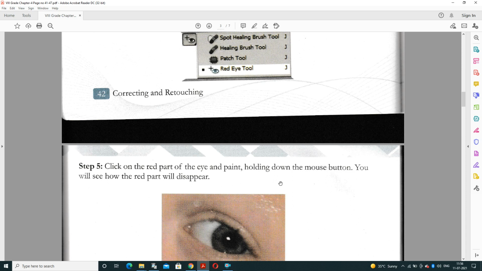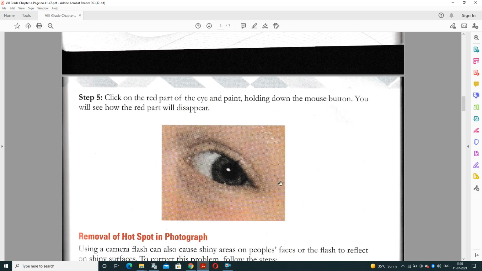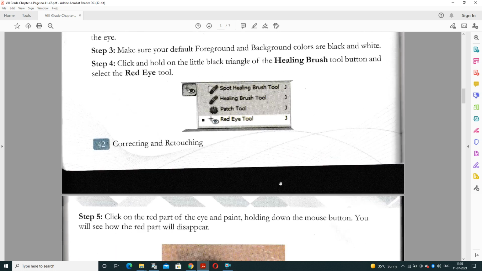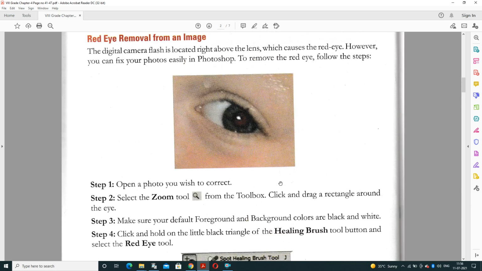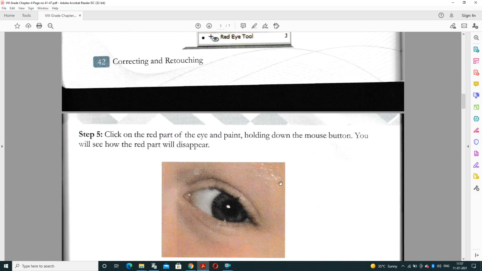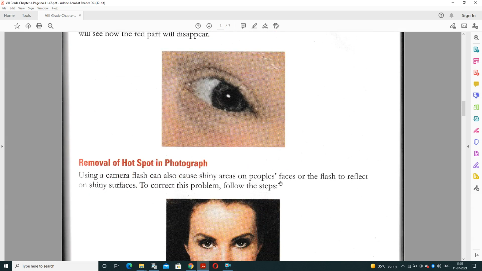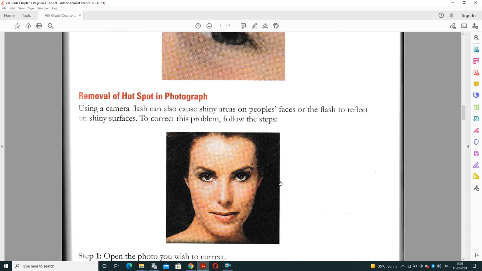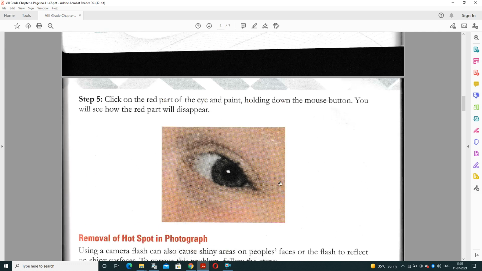It will start disappearing. Now see the effect in a picture. This is the picture that is already given, in which redness is there. So how to remove the red effect of the eye? See now. In this, your redness has been removed, and it gets converted into a blackish form.